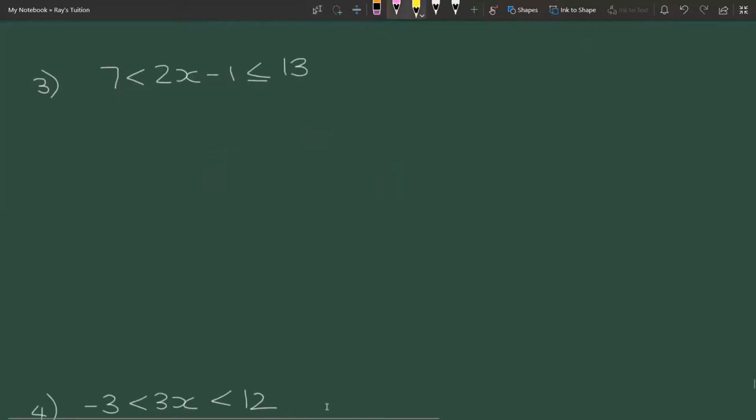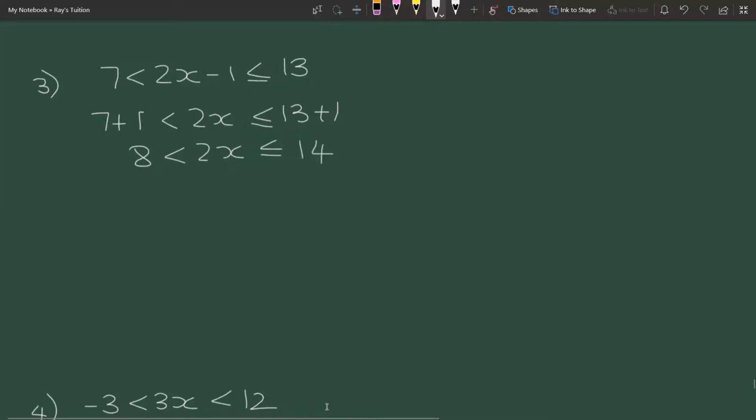Let us have a look at the next one. So first of all, we want to get rid of this minus 1. What we're going to have to do is add the 1 on both sides. So plus 1, and then the 2x, and then 13 plus 1. So we've added the 1 on both sides. So this is 8 is less than 2x, which, I mean, 2x is greater than 8, and 2x is